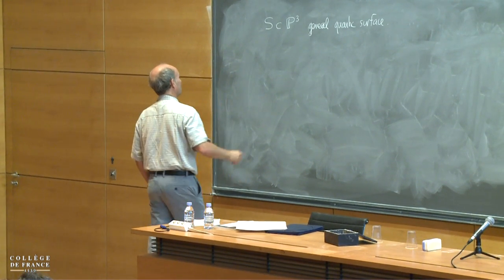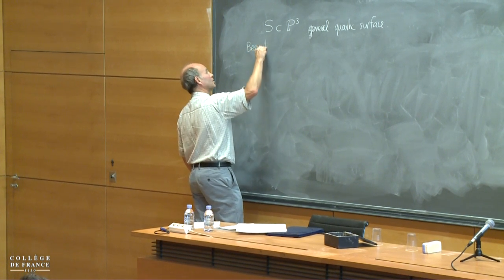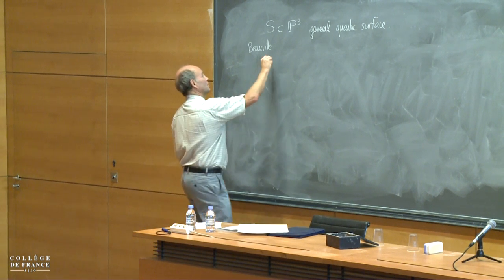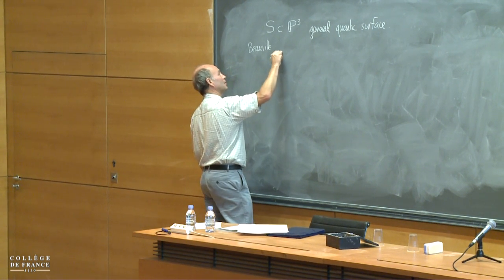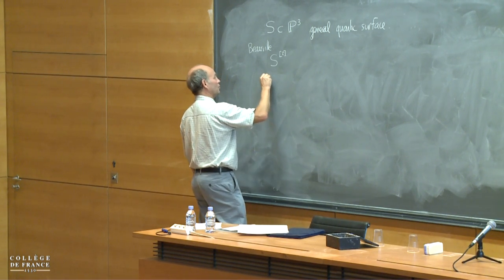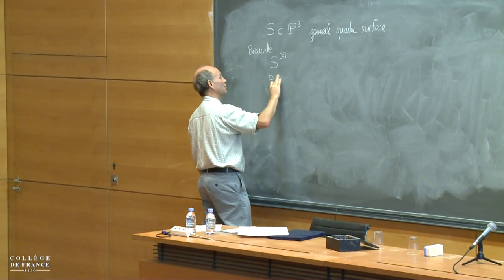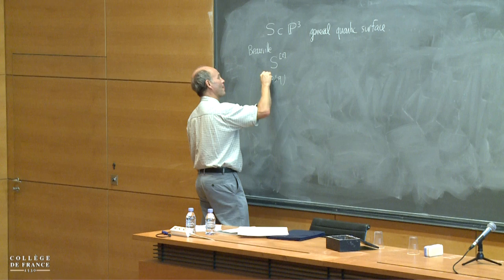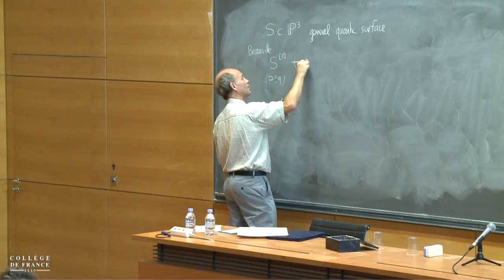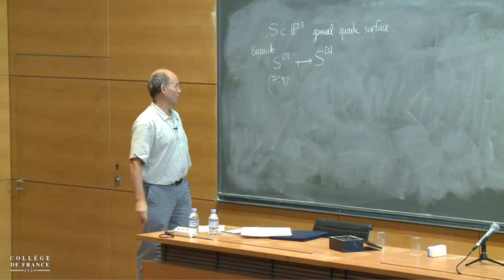And then Beauville remarked that there is an involution on the Hilbert square of S. Usually it's written like this, or Hilbert 2 of S, which takes 2 points, let's say P, Q, P plus Q. And so it's a self-map of this square. It takes 2 points